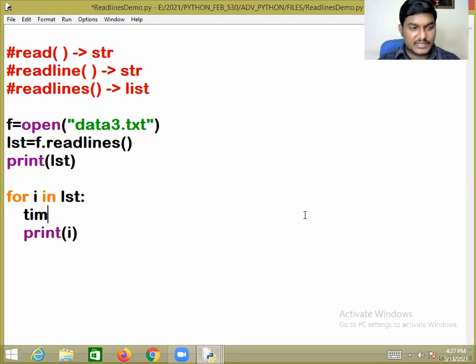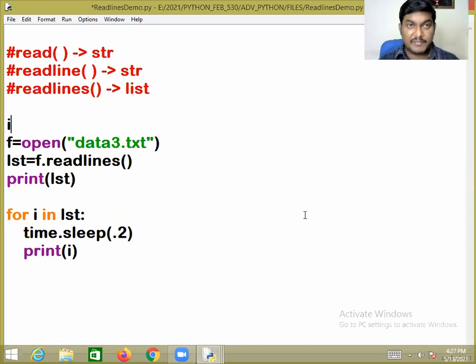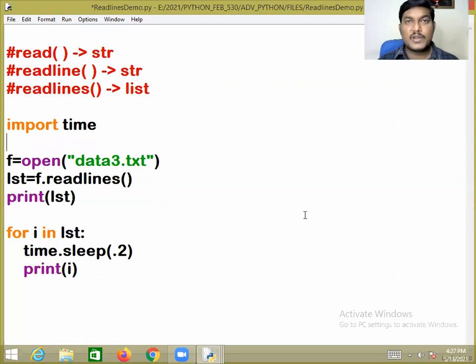Moreover, I want a delay of 0.2 seconds. The sleep function is from the time module. It is good programming practice to import the module whenever you want to use anything from that module. That's it. Control S.